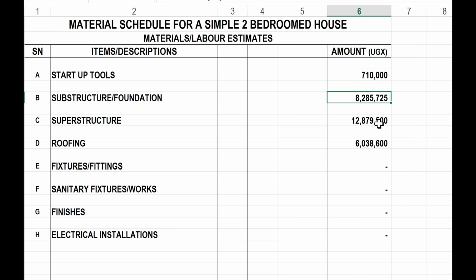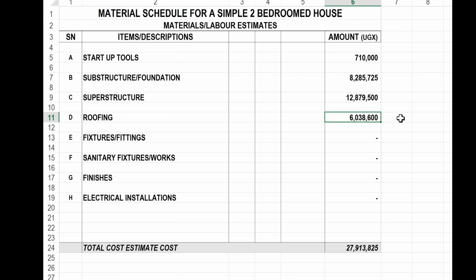Then after substructure, we have the superstructure, which can cost you around 12,879,500 shillings. Then there is roofing, which can cost you around 6,038,600 shillings. Then, counting out the total estimate cost, it can be about